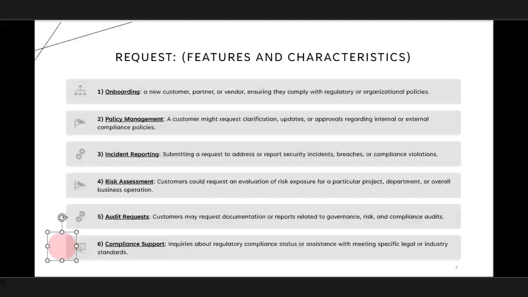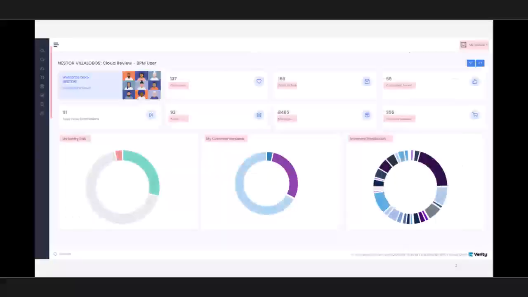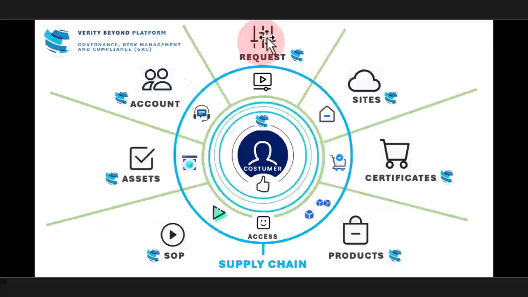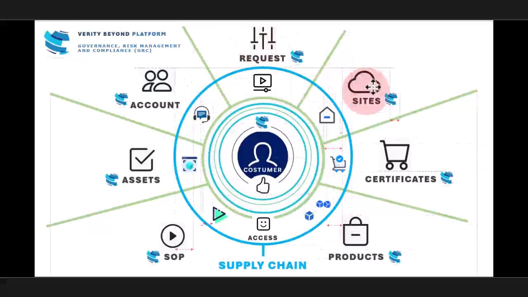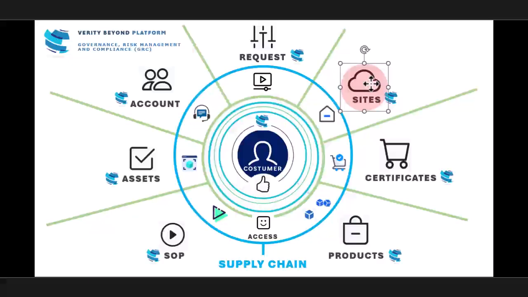Continuing with exploring the menu on our software VerityBeyond, we can see that our next section will be the site. It looks like a cloud icon right here, and that will be the sites icon,